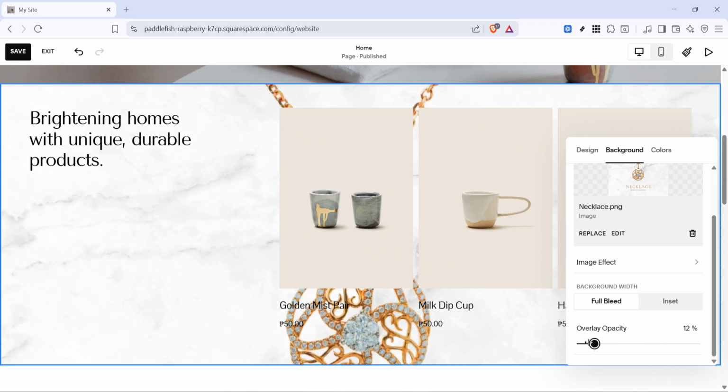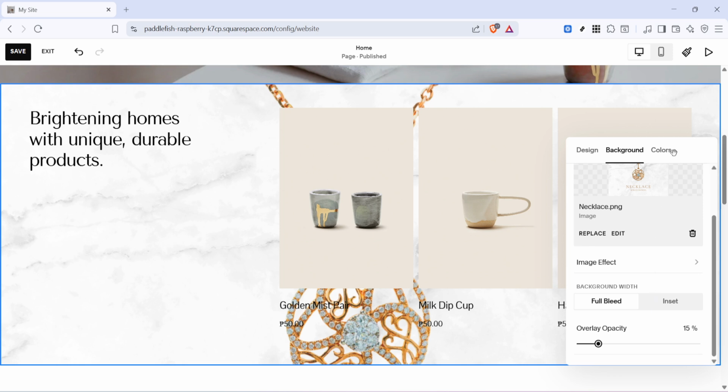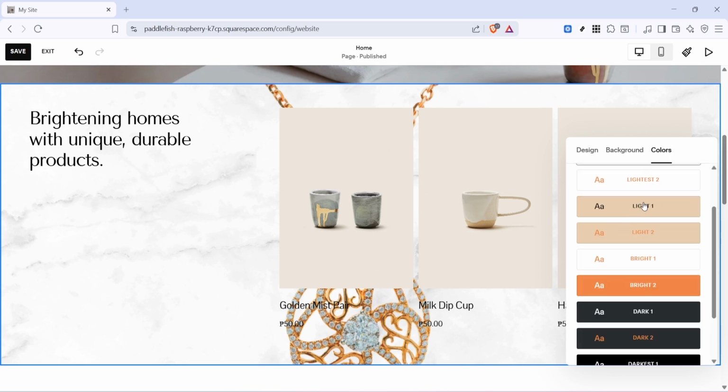There's also a Format tab where you can control section height, content width, and alignment if you need to adjust how your section displays. The Colors tab lets you change the overlay, color, and content theme if the default doesn't